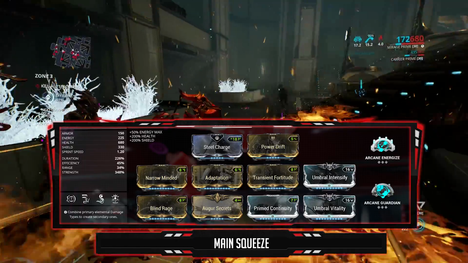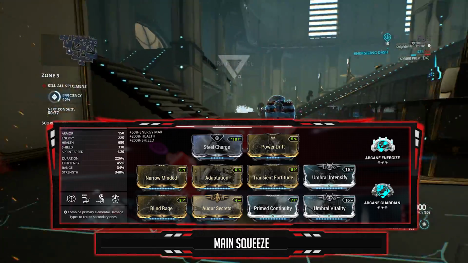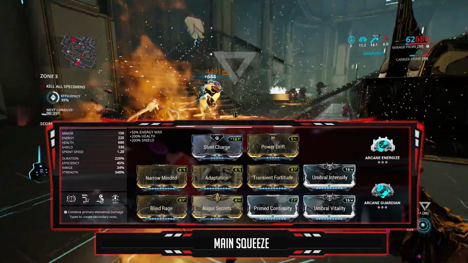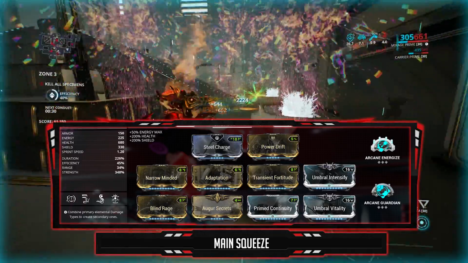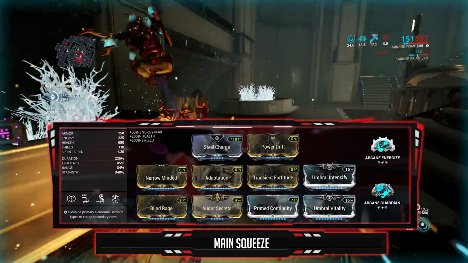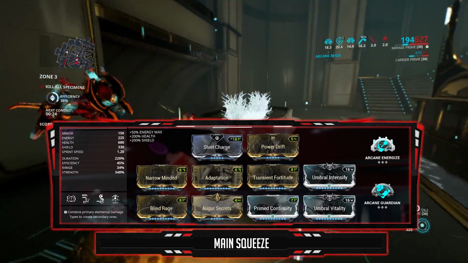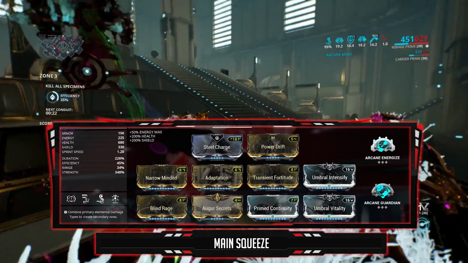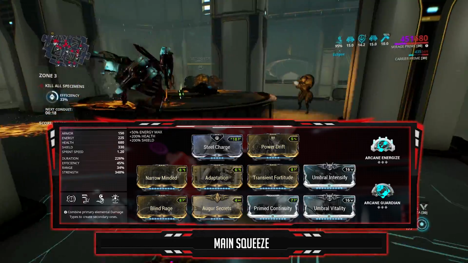This build is focused heavy, so heavy on power strength and duration. My duration is at 226% with Narrow Minded and Primed Continuity. This gives me 56.63 seconds on both my Hall of Mirrors and Eclipse, since they both share the same duration and energy cost. Of course, there will be a 1 second delay between the two abilities, since you can't cast